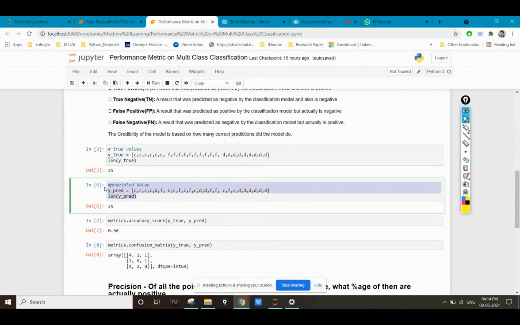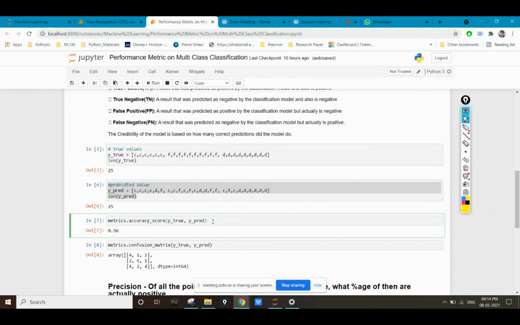Now I know how to calculate the accuracy with the metrics accuracy score. So I'm getting an accuracy of 56%, which means I'm able to predict 56% of the values accurately.